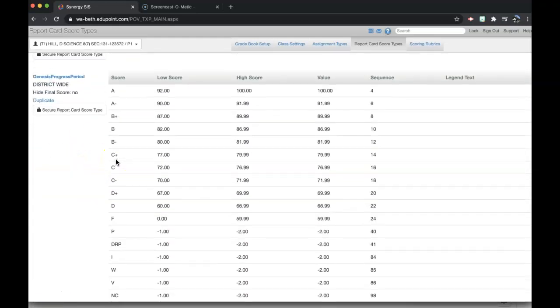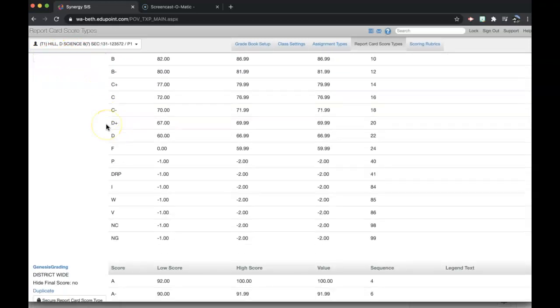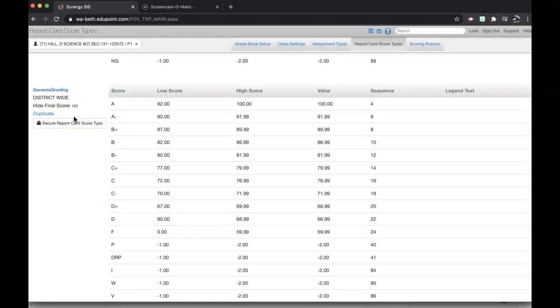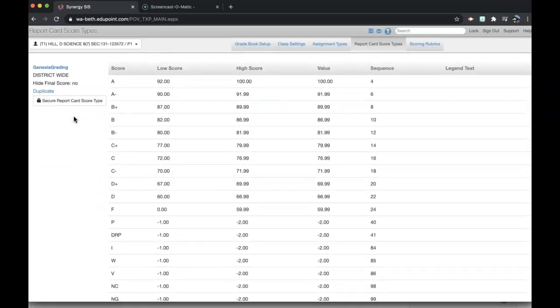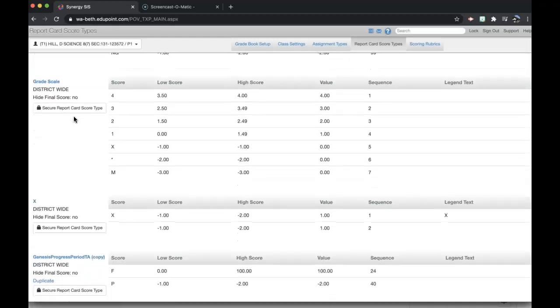You have to change both of these, and I'll show you how to do both, because when you apply it to your classes, you can only choose progress period grades that basically stem from this. So if you change this and you wanted to apply it to the end, or to the progress, you couldn't, and the grades would be different anyway. So I'll show you how to do this. You can also see they have